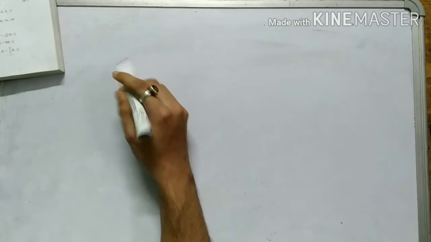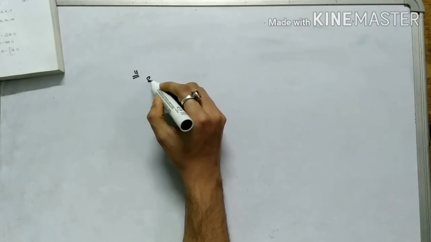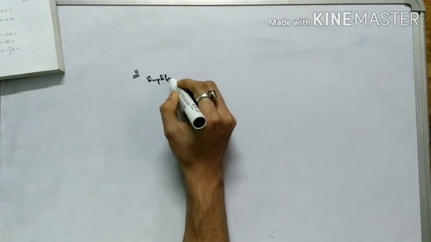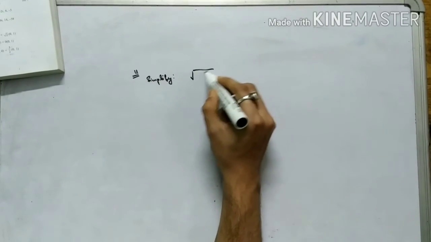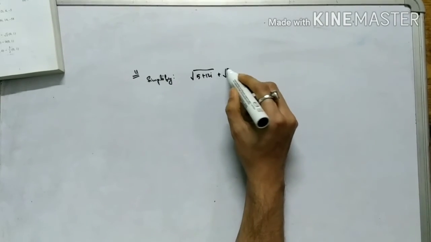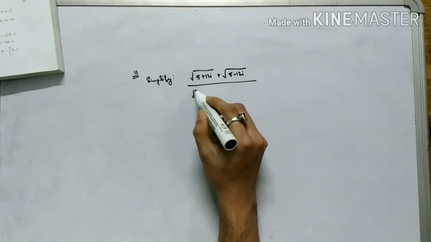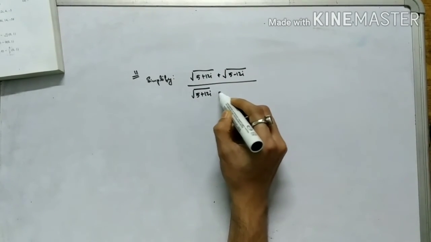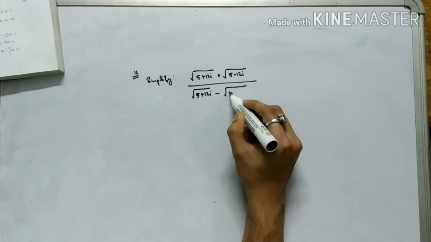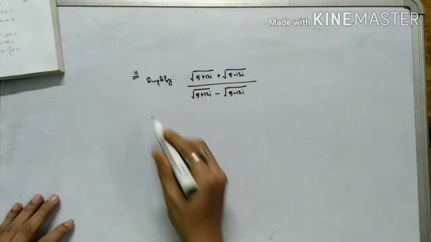So next, type 11. Type 11 it is simplified there. (√(5+12i) + √(5−12i)) / (√(5+12i) − √(5−12i)). Okay, so in here you see